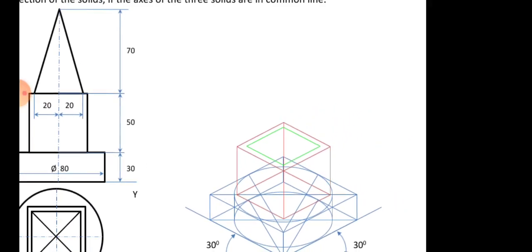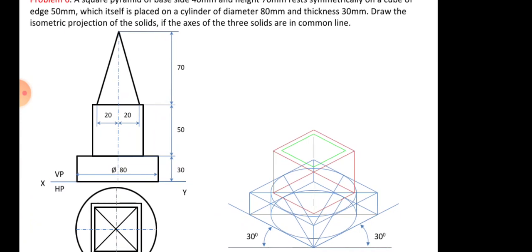Next, all the objects are over, only the pyramid is left out. Now we have to find the center, because the axis is required, right? What is the axis given here? 70 mm. So find the center of this. From the center you take the axis height as ISO 70. So somewhere here you will get the point. From there join it to all the corners. Of course you need not draw to the last one, as it will not be visible. From this center you take the distance of ISO 70, that will be the topmost point. From there we will start connecting all the points.